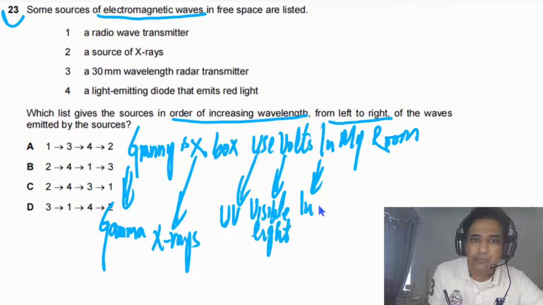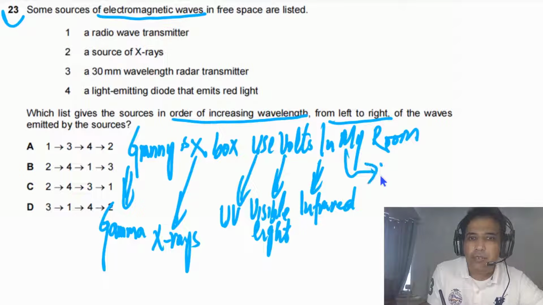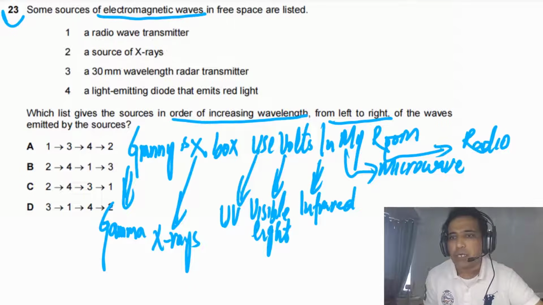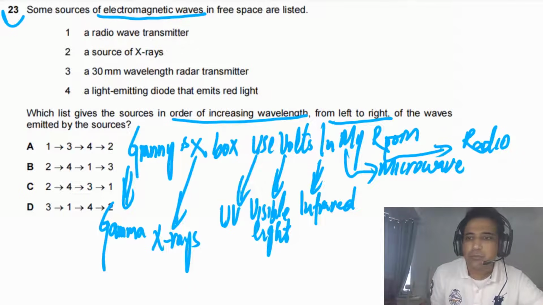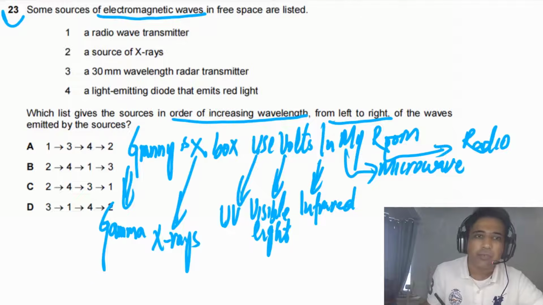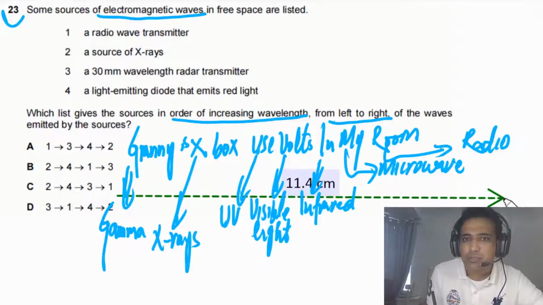I is for infrared, M for microwaves, and R for radio waves. So we have to start with the smallest one. If we move from gamma to radio waves, along this line,